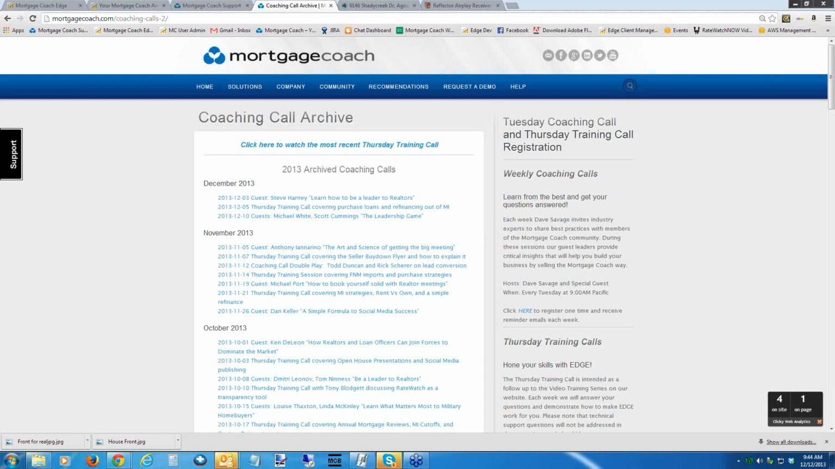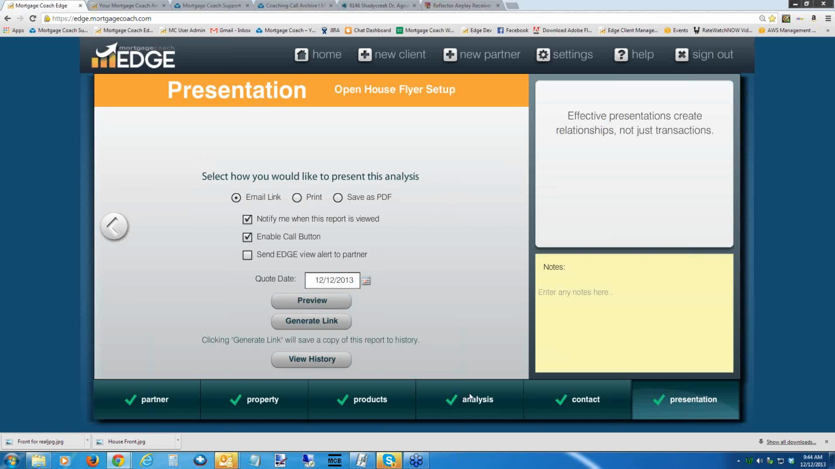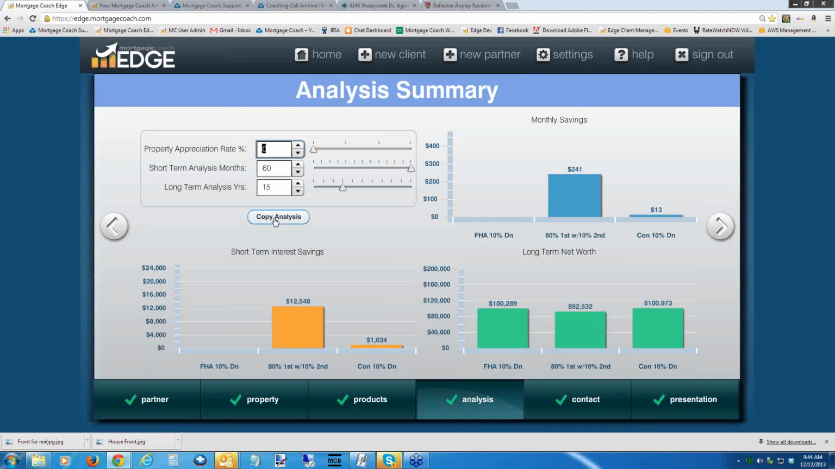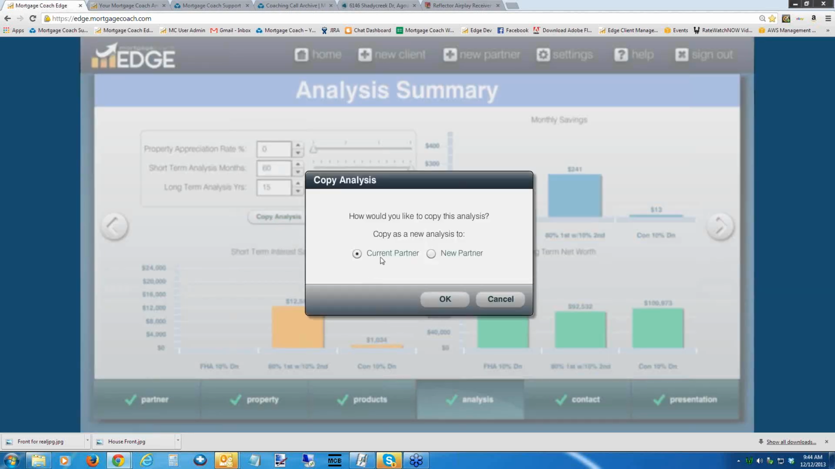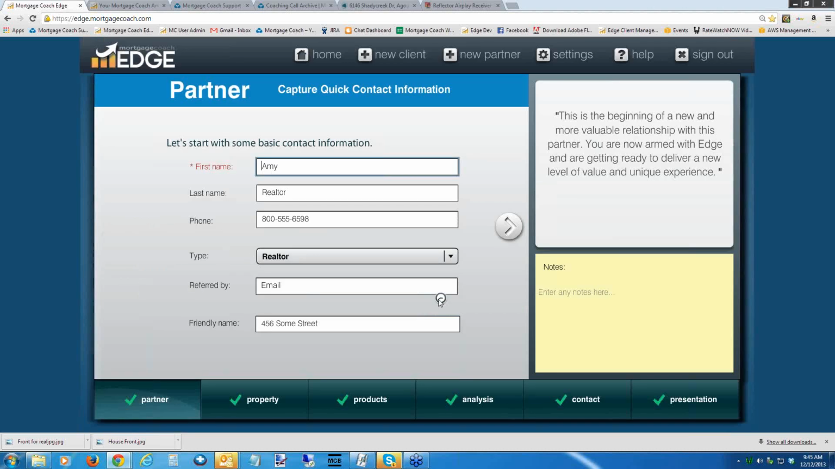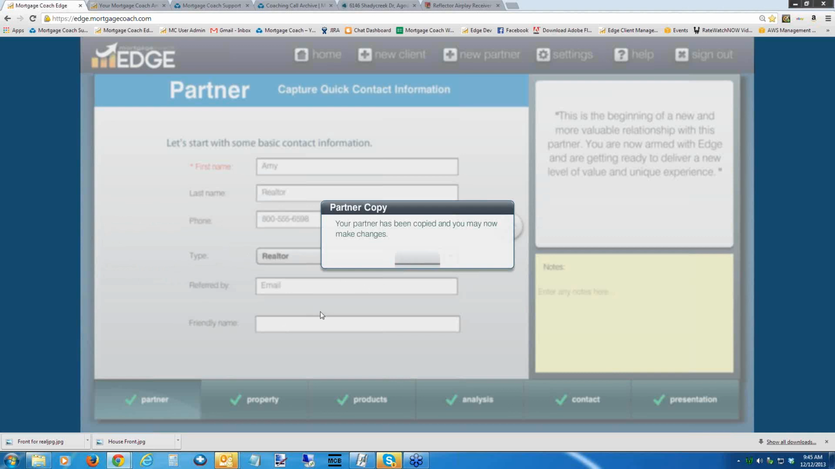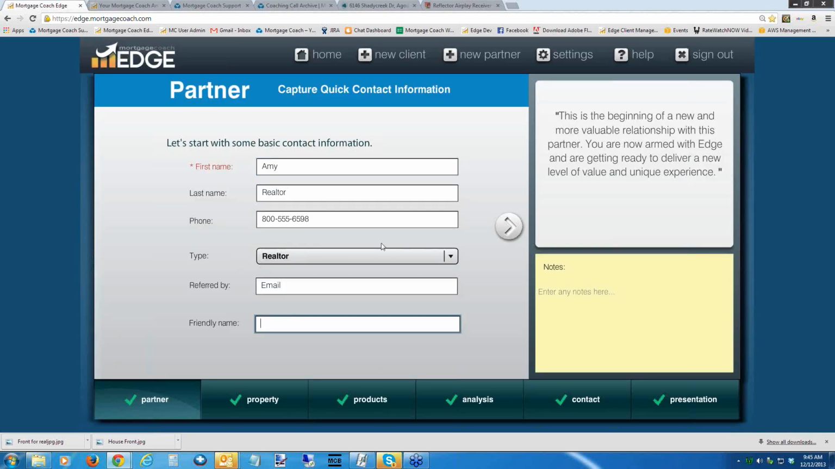William's question, if I have one property flyer and I want to do another, how can I use the first one for the second property without starting over? And how can I save by property if I have multiple for one broker? So what you would do is, there's two ways to do this. If you're already in the presentation, you can come over to the analysis screen, and there's a copy analysis button. This copies the entire thing. And you can choose to do this under the same current partner, or you can make it a new partner if it was a totally different one. When you choose current partner, it's going to automatically bring in the partner contact information for you. So if I hit OK here, you can see it still has my Amy Realtor information. All I've got to do is now add a new friendly name for it. So I'll put my new friendly name of